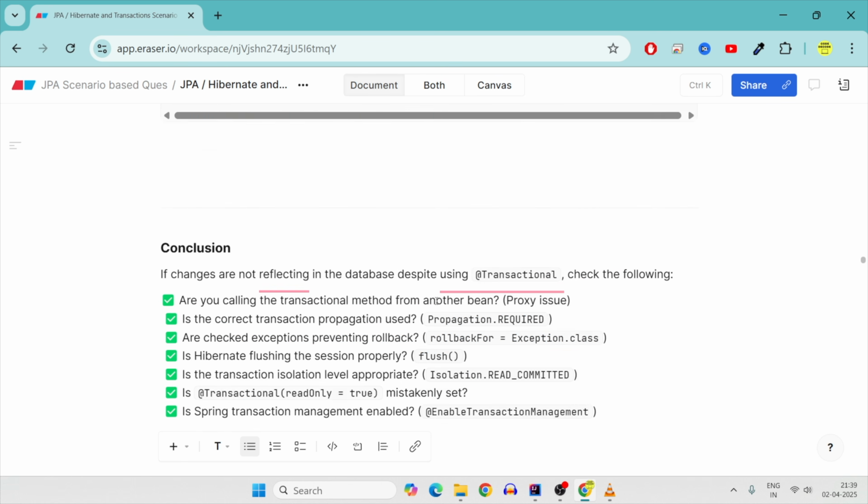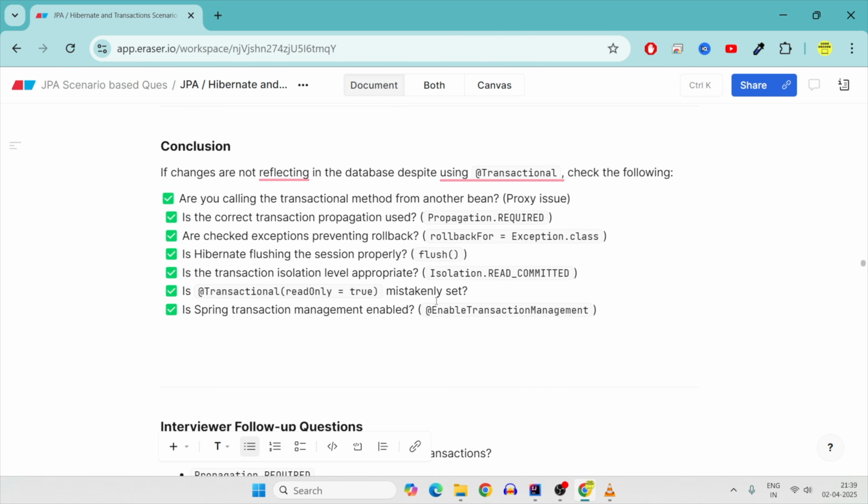So, conclusions: why your changes are not properly reflected, either rollback or not updated in the DB, can be because of the proxy issue, because this is a very internal issue of Spring that it uses a proxy over the whole class and not the method. So for that reason, if you give a call from the same class, you are in trouble.